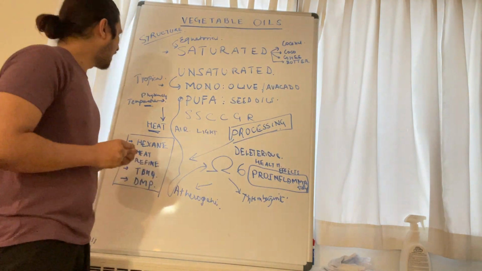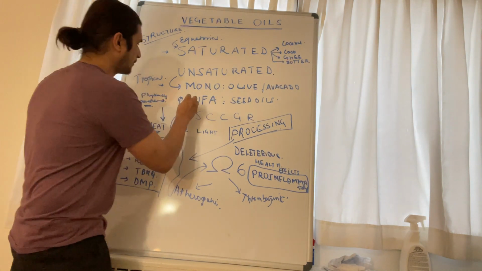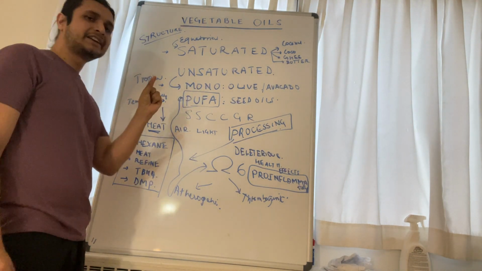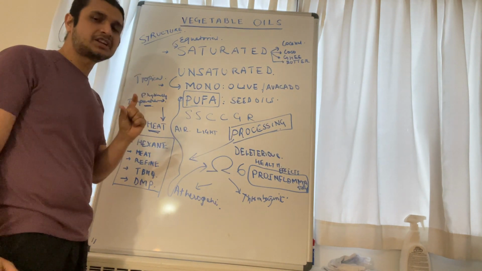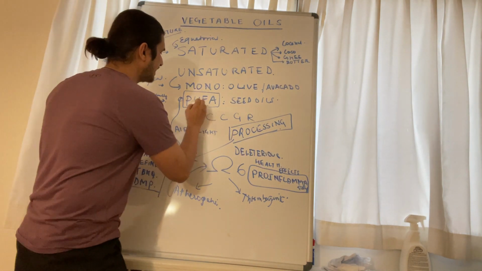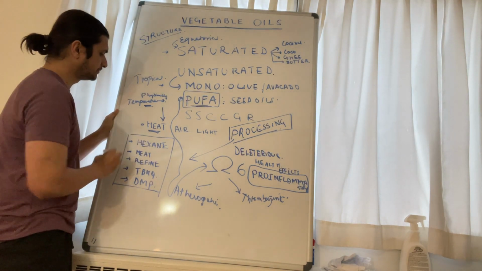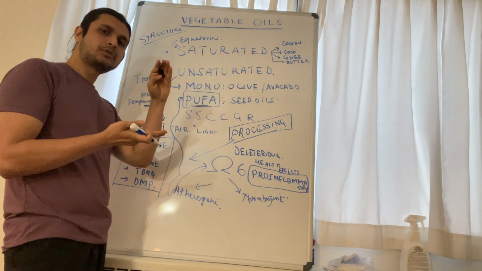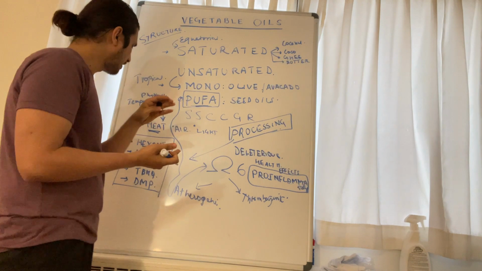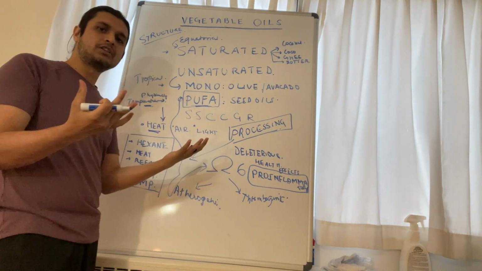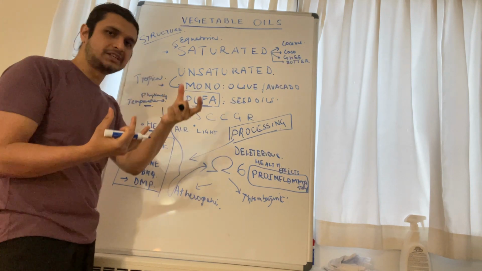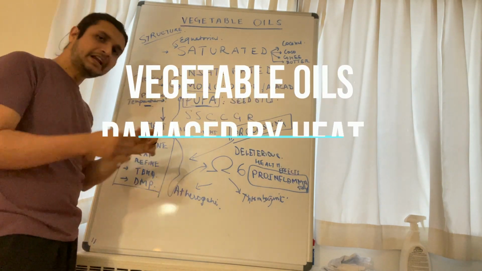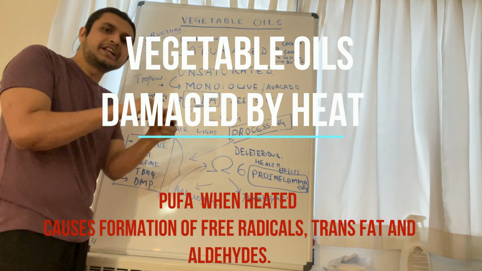Now think about it. I earlier told you that PUFA, or polyunsaturated fatty acid, the main ingredient of vegetable oils, is extremely chemically labile or unstable, structurally unstable. The polyunsaturated fatty acids are very sensitive to heat, air, and light. So when you have a bottle of olive oil, even any oil, sitting in your house, and you are exposing it to air all the time because there's some air inside, it is getting oxidized. If you have bright light coming from the sun or somewhere, it is getting oxidized. If you are heating the oil in a frying pan, it is getting oxidized.